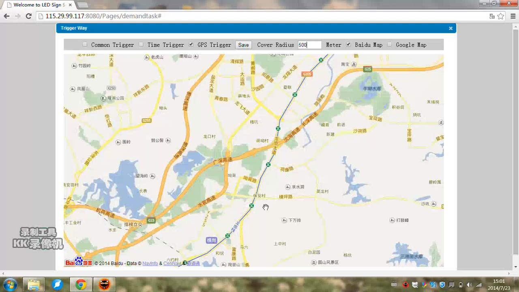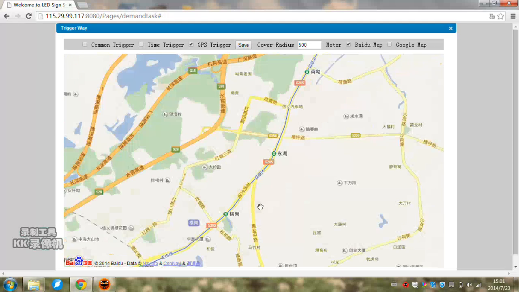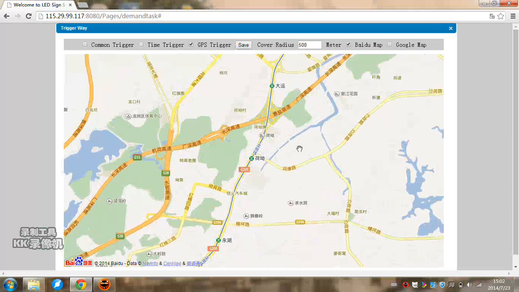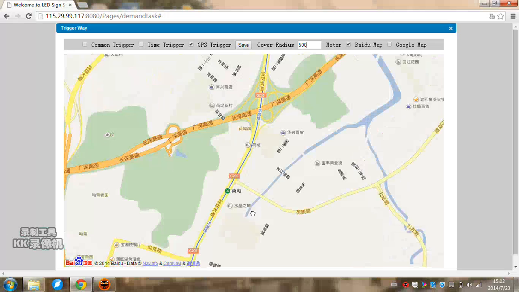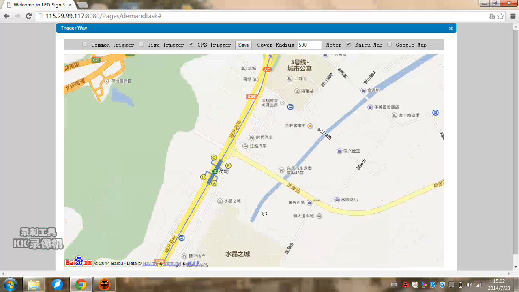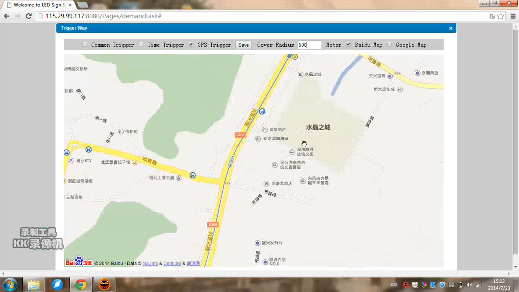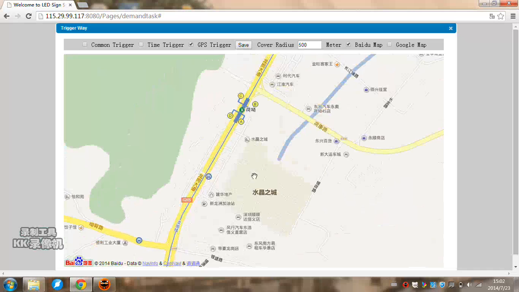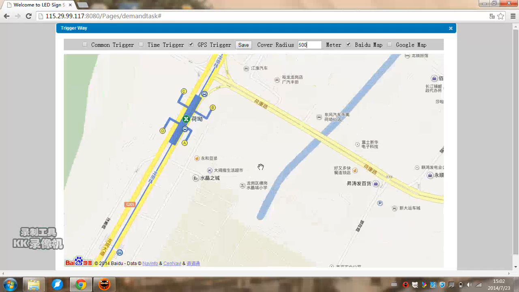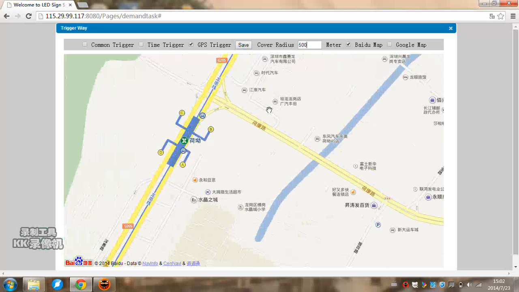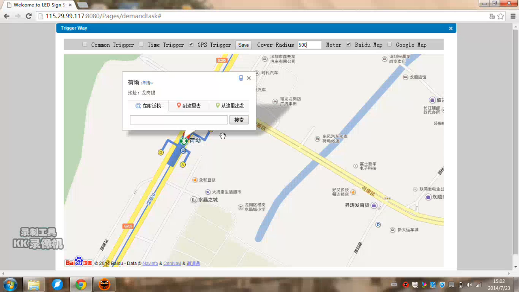You just need to click your mouse, enlarge the map, and find the position. When you find it, you just need to mark on it.